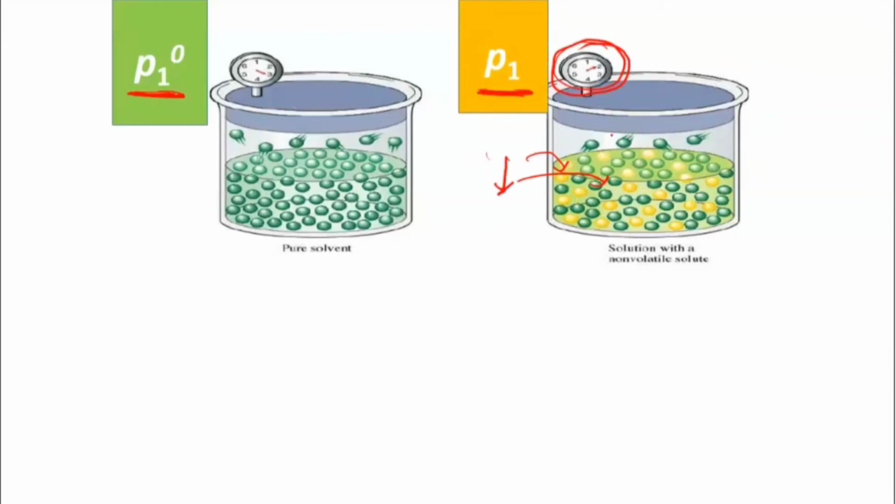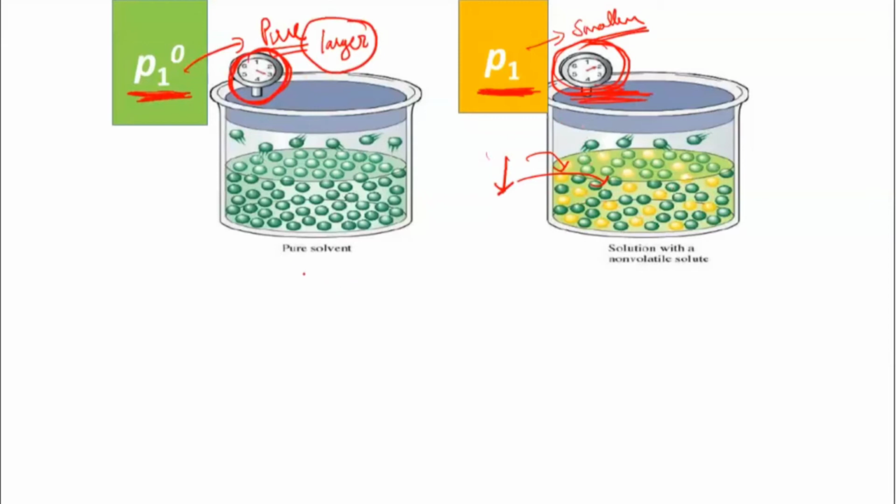It's always less. When you add the solute particles, you can always remember that for the pure solvent, the vapor pressure is going to be a little higher compared to the solution case. So with that you will be able to identify which is the P1 naught value and which is the P1 value. This will be larger. This value is always larger and this value is always going to be smaller compared to the first one, because here solute particles are present and they are blocking the way.